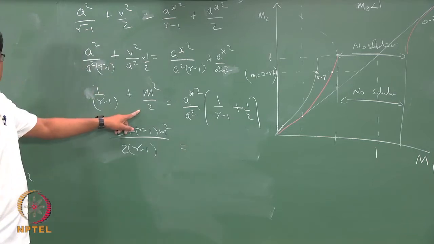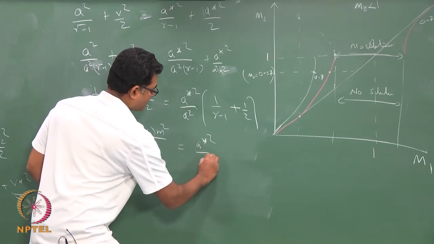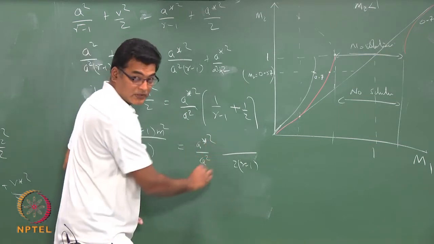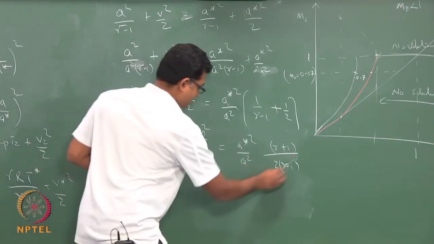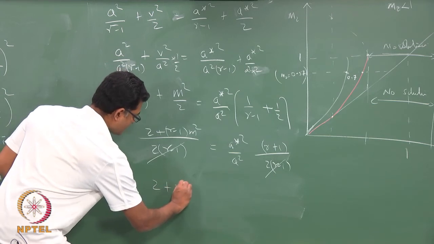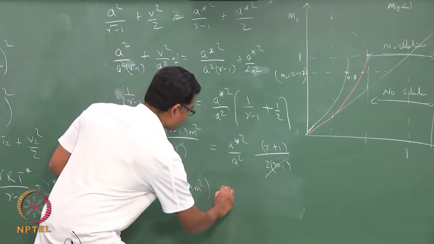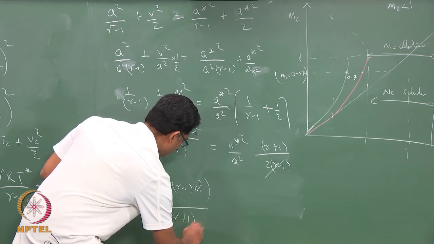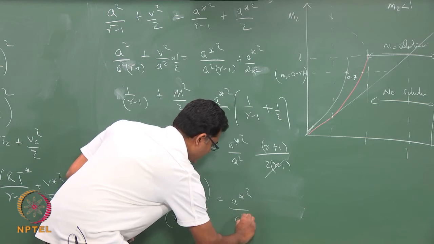A star square by A square into 2 by gamma minus 1 by gamma plus 1. Okay, cancel the denominators. So this would be 2 plus gamma minus 1 M square by gamma plus 1 equals A star square by A square,